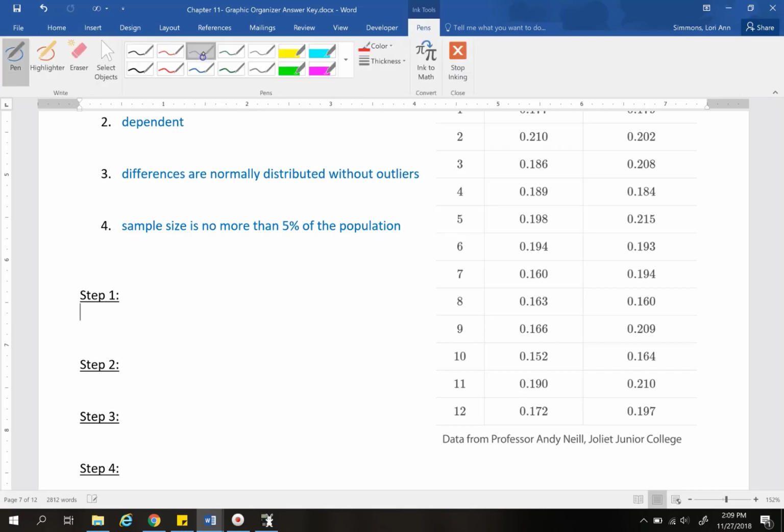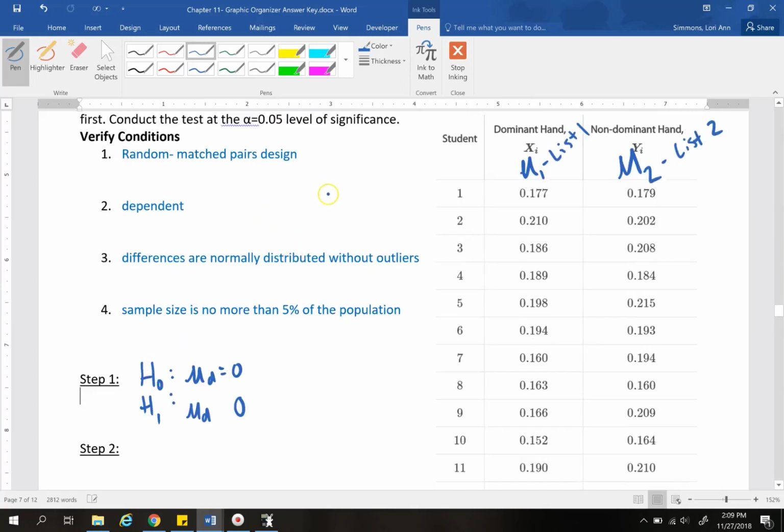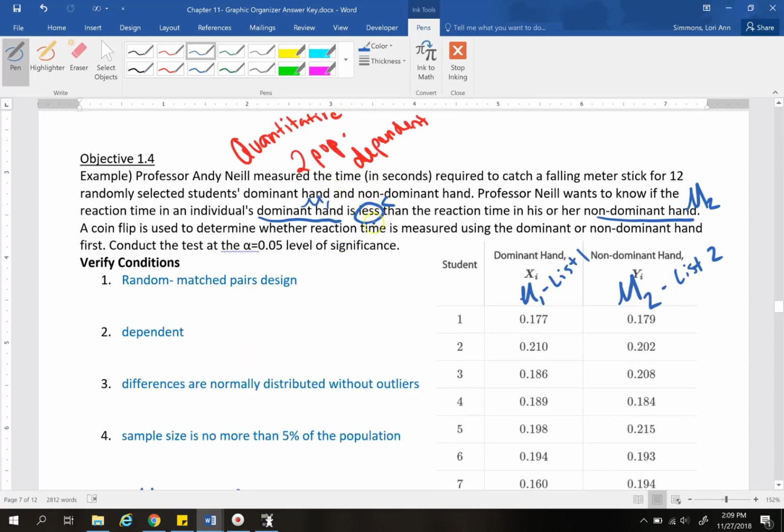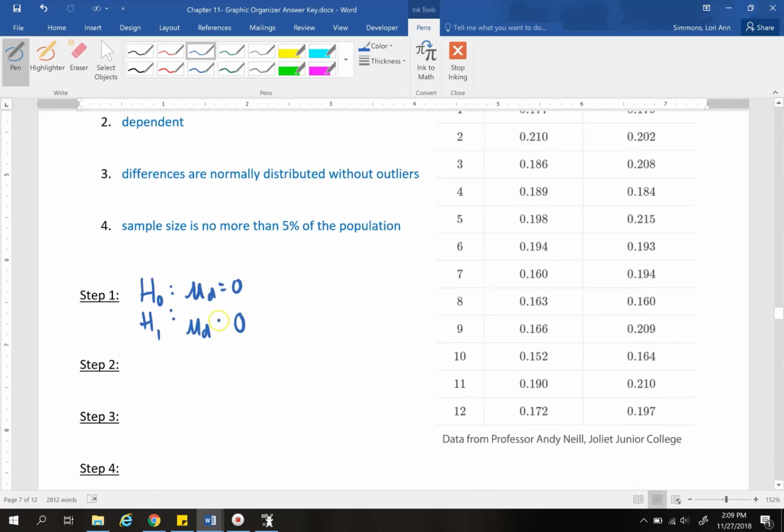Okay, step 1. The null and alternative hypothesis. The null is mu sub d equals 0. Alternative is mu sub d, and it is going to be less than. Step 2, alpha is equal to 0.05. Step 3,